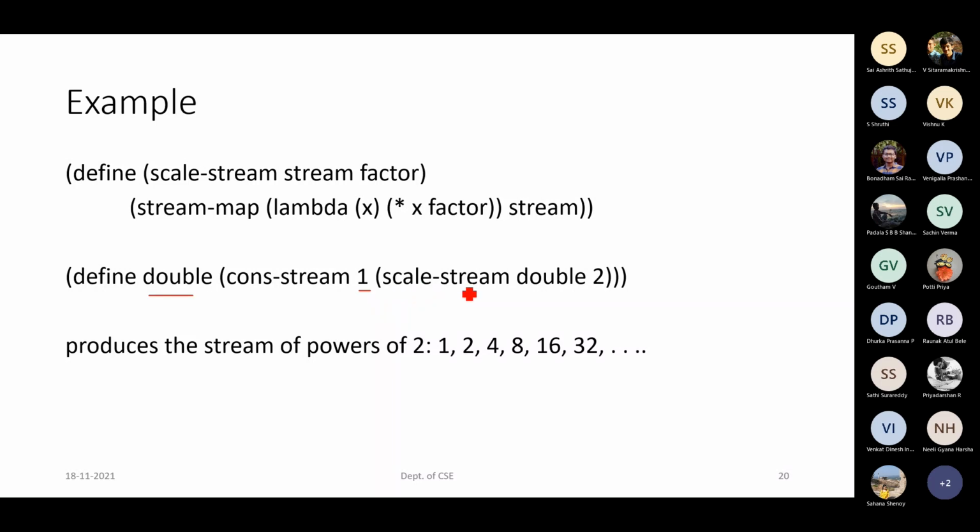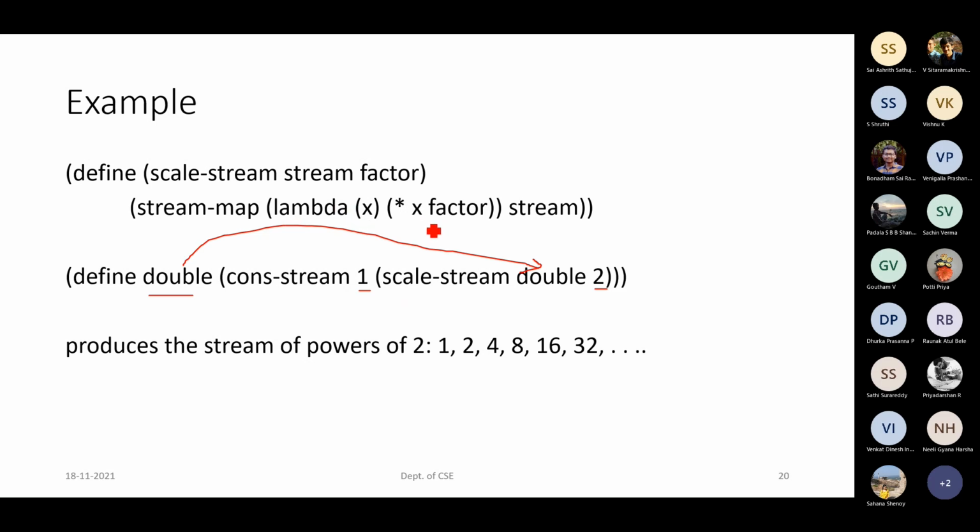After that, we are having the cons stream procedure, scale stream procedure, where the stream is nothing but double. Double is the same argument, so same variable, because since there is a delay applied, we can use this concept. By the time we remove this delay and get the function call done, by that time double will have the first value 1 already assigned. Next, we have the factor applied as 2. So what will happen? First time the double value was 1. So with 1, we will be calling the stream map procedure, where we are having the procedure applied.